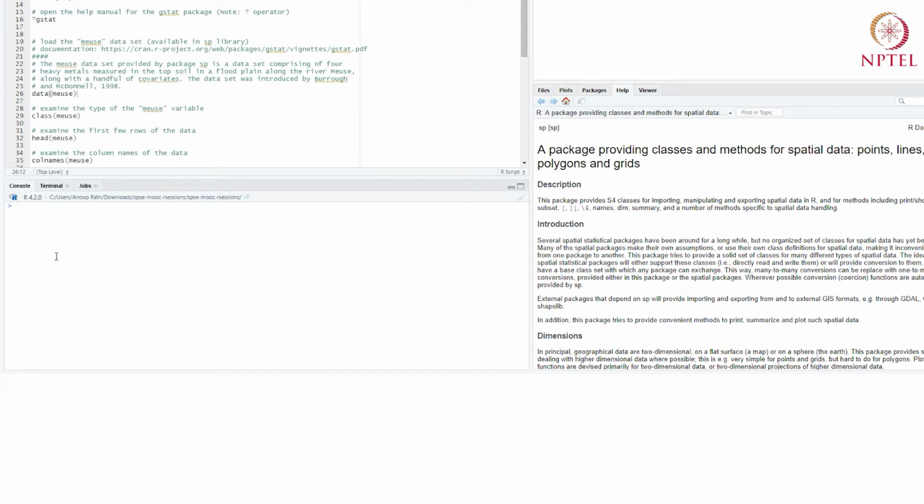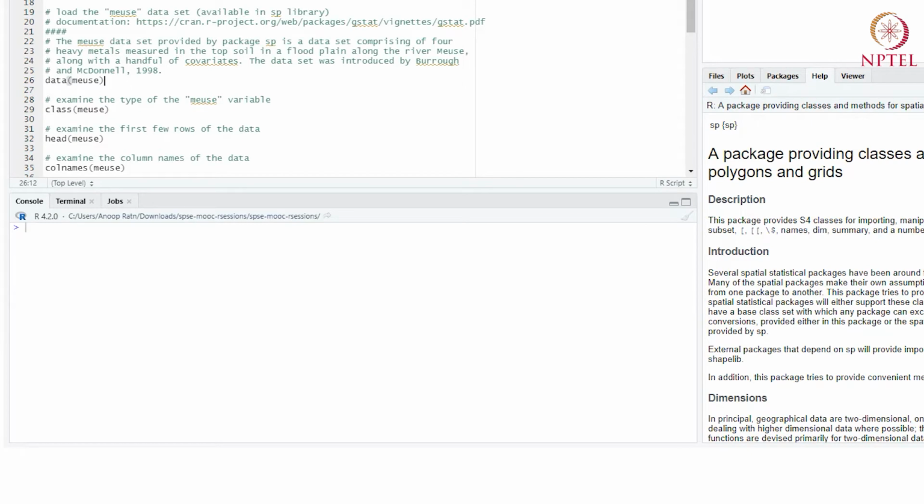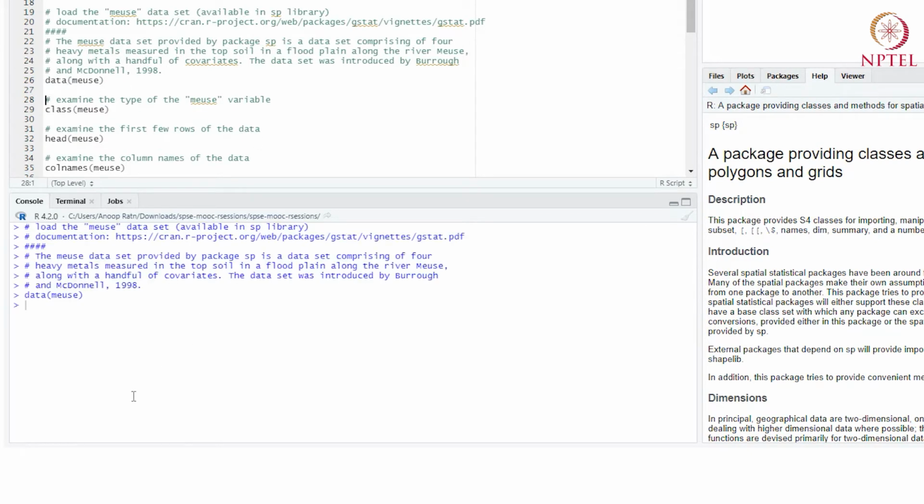Now we don't know anything about this data, right? We don't know what it contains, what kind of variables it has. So we want to start exploring and examining this data. Let's go ahead and load it with this command, data meuse. Once you load something, it's going to show up in your environment.